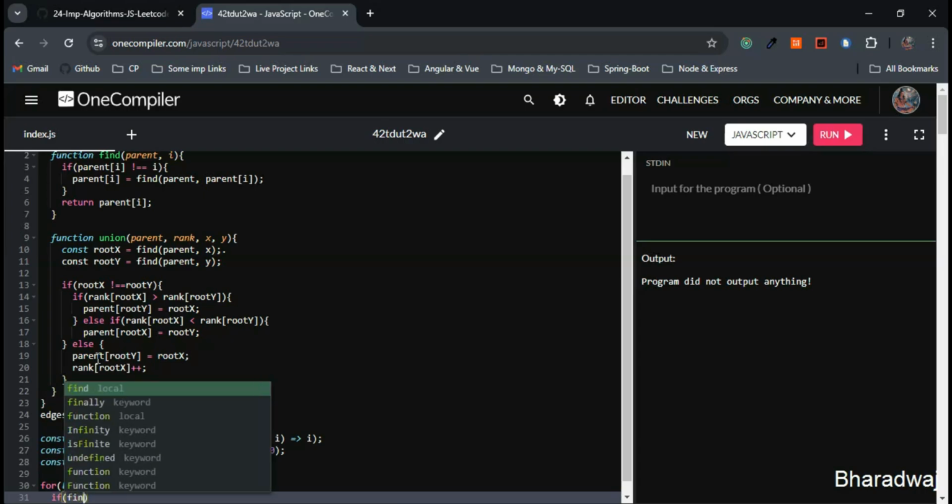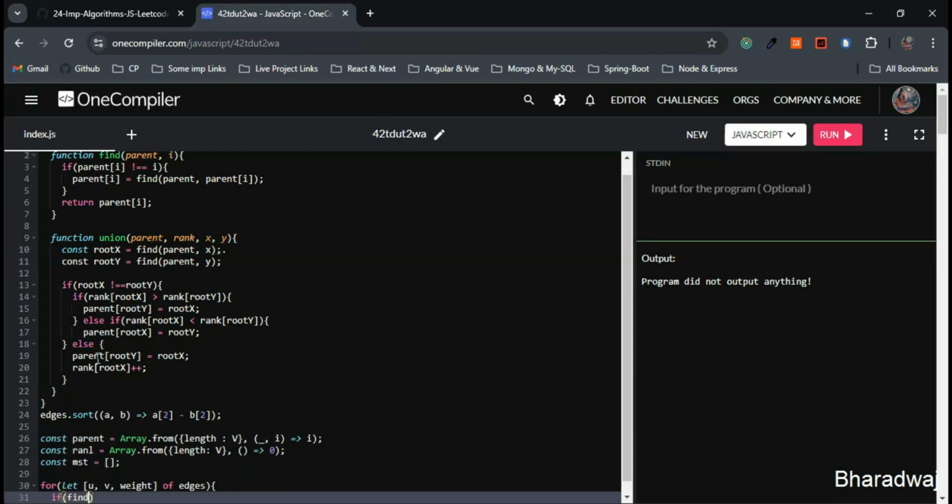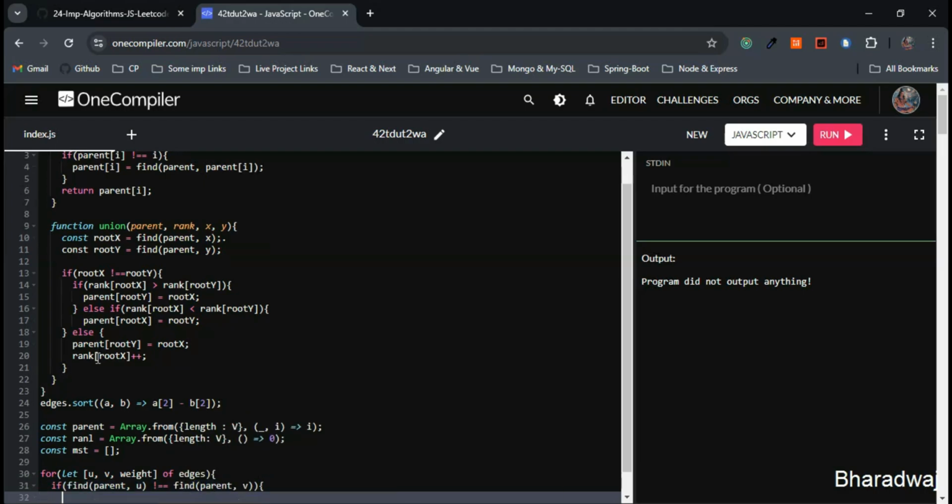This is the condition. We already have the find function, right? We can make a recursive call here. Parent as well as u I'll be considering here. If it is not equal to find of parent comma v here, then